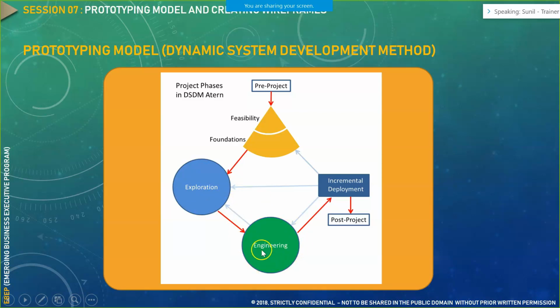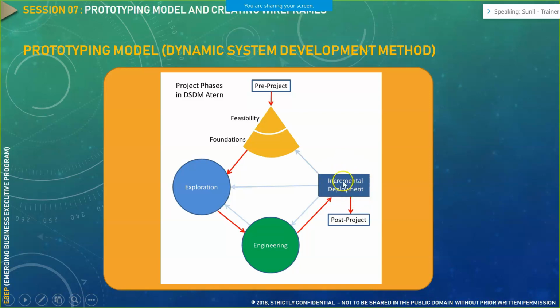Engineering is the coding part, wherein you start coding that particular system and hand it over to the end customer. Now, if there are certain changes that the customer asks in the deployment, since the deployment is incremental, there is a fair chance of changing the scope of that particular project.